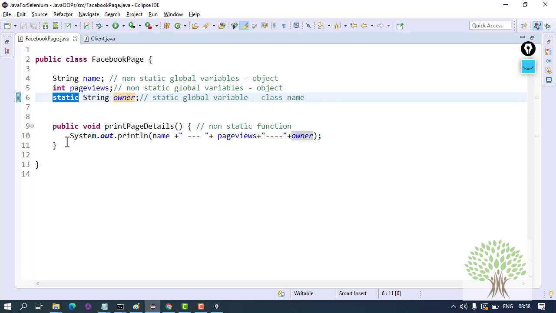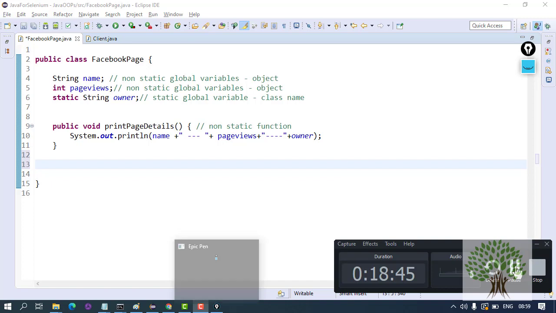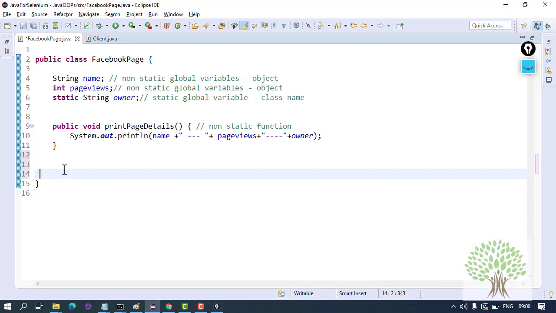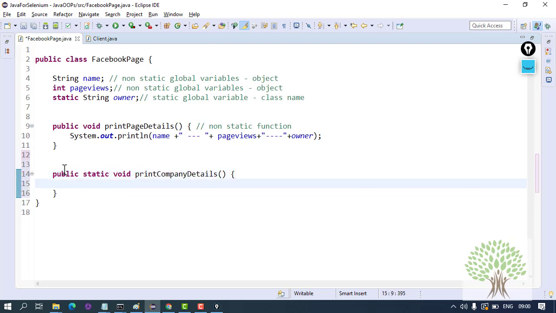Alright, now I will make one more function, a static function like public static void print company details. This function is going to print the company details for Facebook, like it will print the owner plus say founded in 2005, something like this.